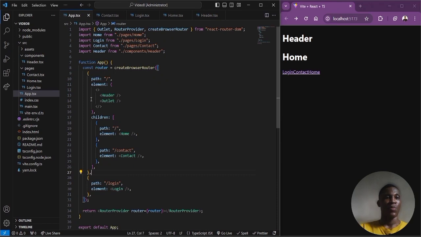Now, what are params? React Router allows you to use dynamic parameters, meaning, let's say you have an e-commerce site that has different items, right? And these different items have different IDs. Let's say you are selling bags on the site, and each bag has its own ID, and there should be a dedicated page where that bag is displayed. So you navigate to maybe